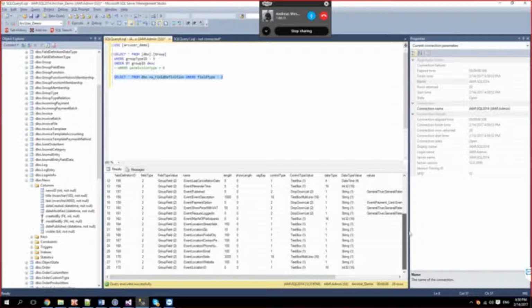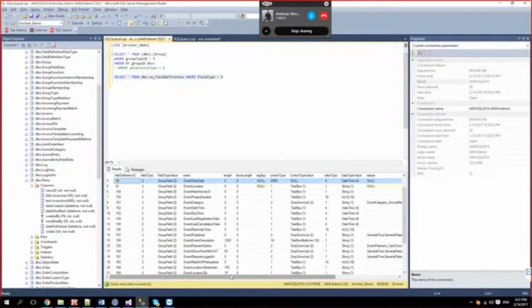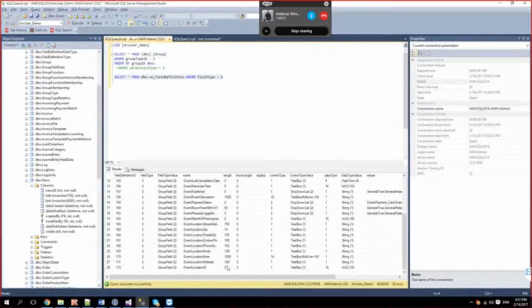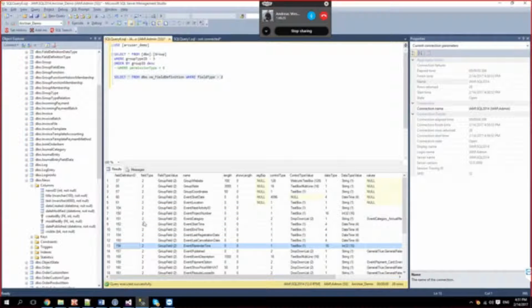So we only want the ones with start date, and we have something called text message remind time. That one too.